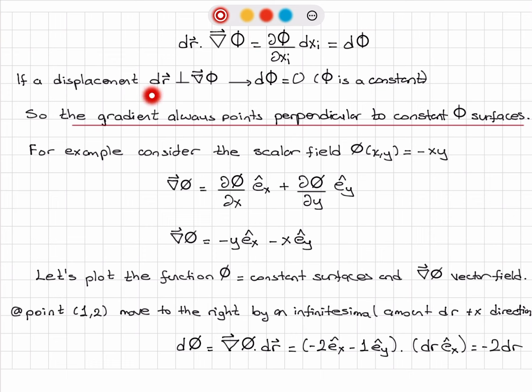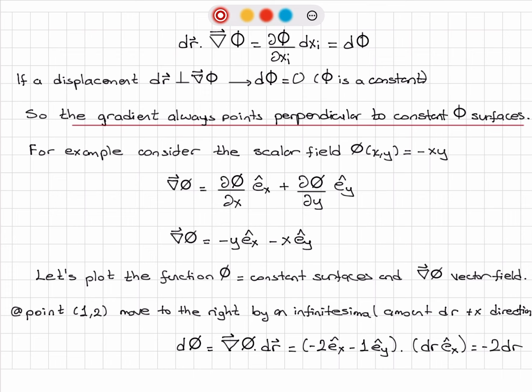If that small displacement is perpendicular to the gradient, the change in the function is 0. In other words, the gradient of a function always points perpendicular to constant phi surfaces, and we have shown it with one example, the scalar field being minus xy,